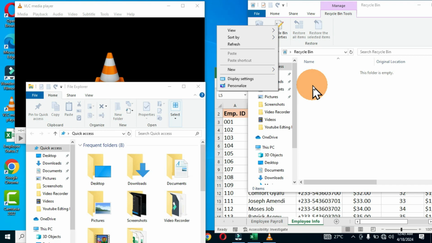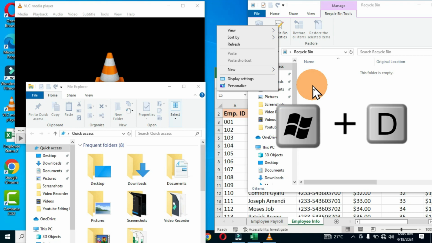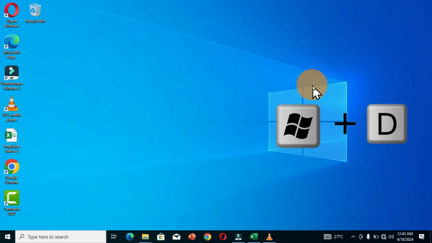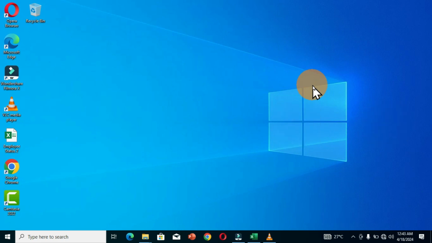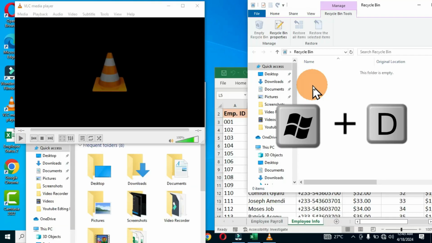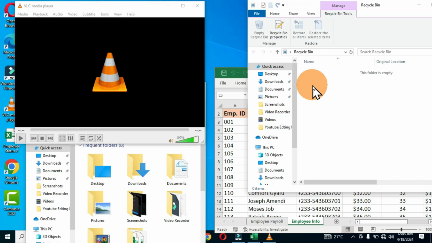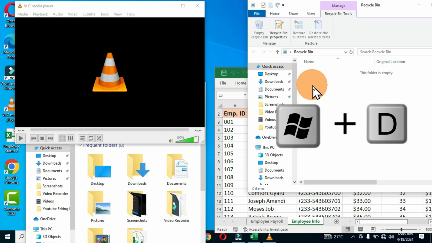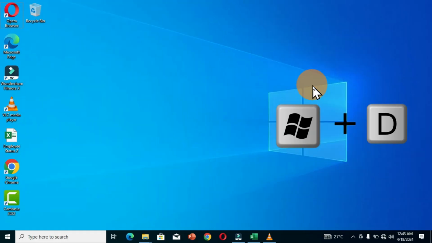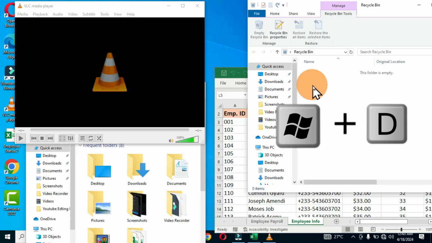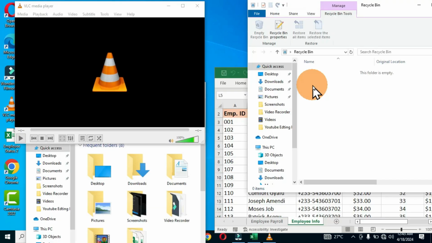The best trick is to hold the Windows key and the letter D. This minimizes all your windows and you get access to your desktop interface. And if you want to bring back your windows, you can still hold the Windows and the letter D, and this brings back your windows on your desktop, and you can work with all your windows per your wish. So minimizing them, you hold Windows D, and to bring back your windows, Windows D. So this keyboard shortcut can help you to get access to the desktop and also bring you back to